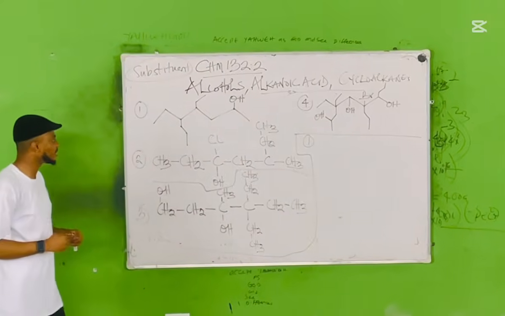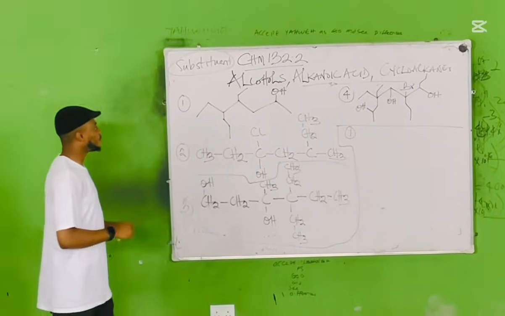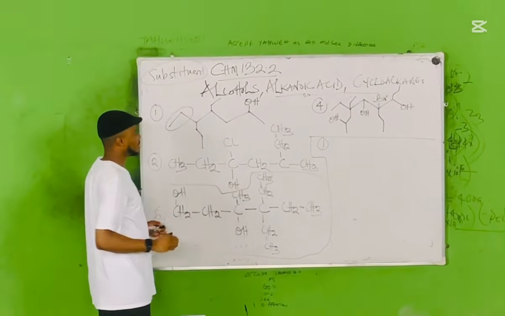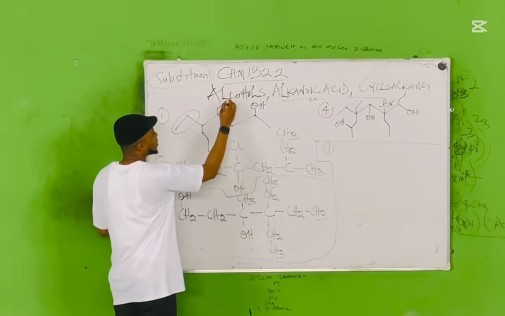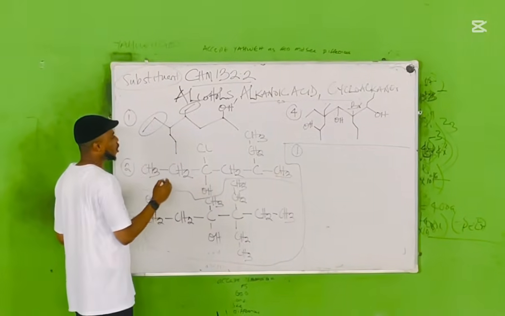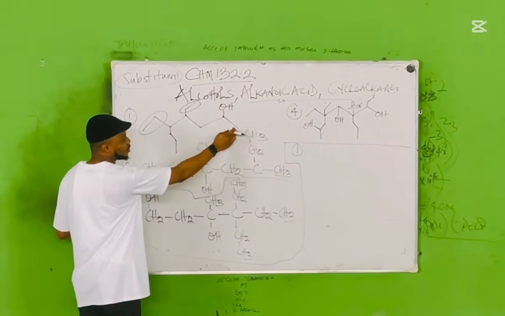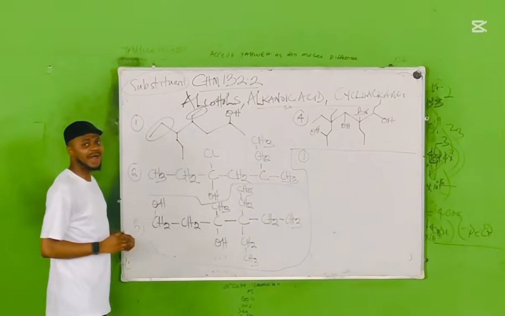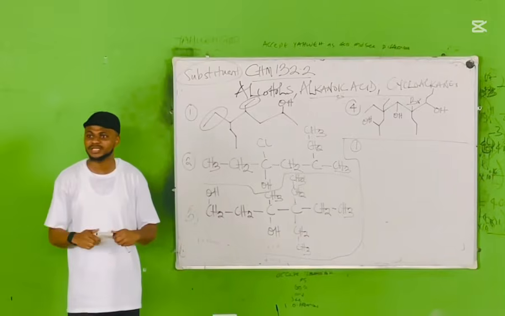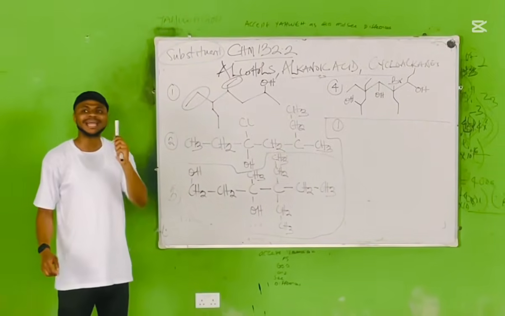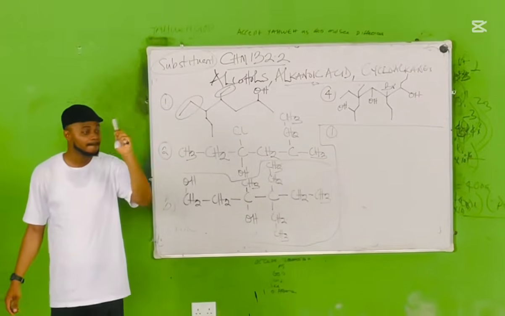I've said it countless times. So basically, it means that this is the substituent, right? Because it's not part of the parent chain. This is also a substituent. It's not part of the parent chain, right? So the parent chain is from here to here, is it not? 1, 2, 3, 4, 5, 6, 7, 8. When we have 8 carbons, what kind of alcohol is this? Octanol, right? And now, like we have for alkenes,